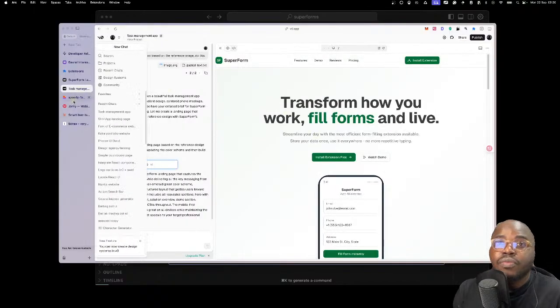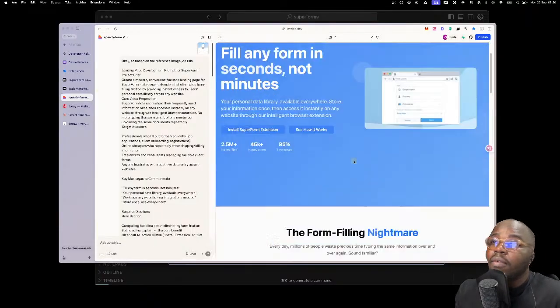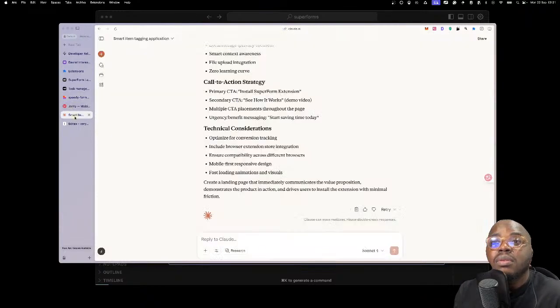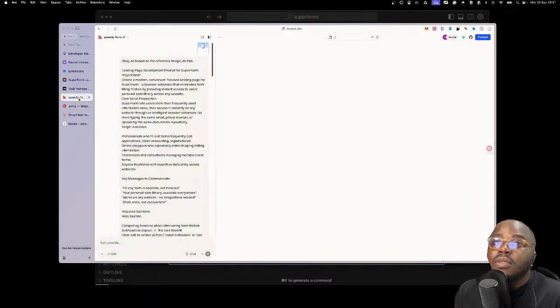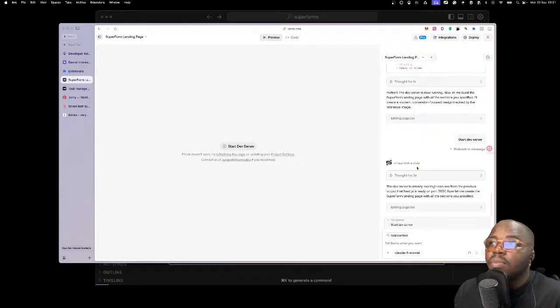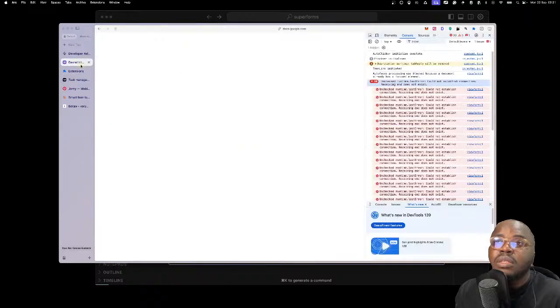I'll go V0. Why? Because of the deployment tightness with Vercel. It's tight with Vercel. So even though this looks great off the bat, it's just the error section. I can always fix it. And I like the copy filling in seconds, not minutes. Copy this, copy, and I can keep it. Just keep it here so it stores it in my context. Then I can close this up. And this one, I don't know what's going on, but it's not working. So bye sim.dev. You failed me.